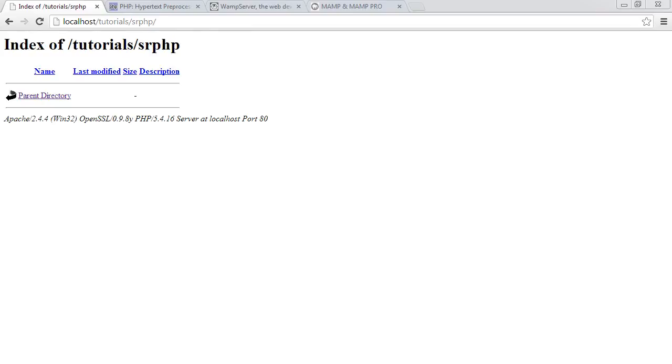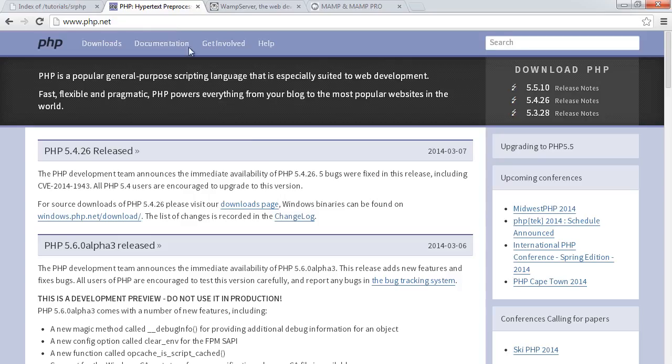So we're going to talk about web servers, we're going to talk about MySQL, and we're going to talk about how we create a file and how it's interpreted on the server side. Now this does all sound very complicated, but it's actually very easy to understand. So hopefully with this example it will make it a little bit easier. So the first thing I'm going to do is hop over to the PHP homepage. It's php.net. Okay, so PHP originally stood for personal homepage, and it was built with